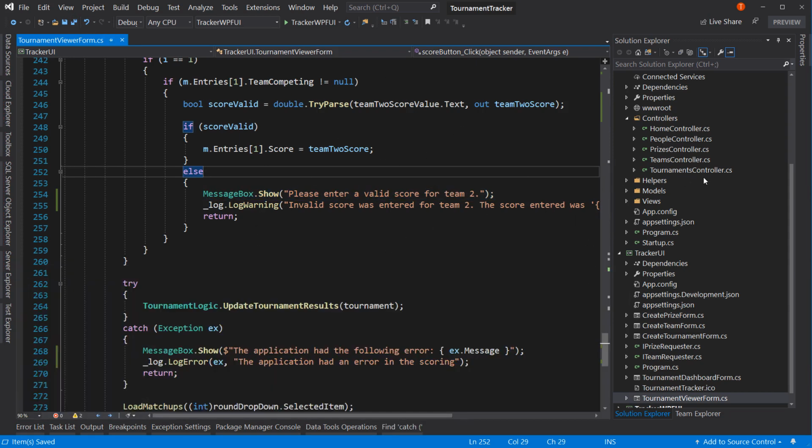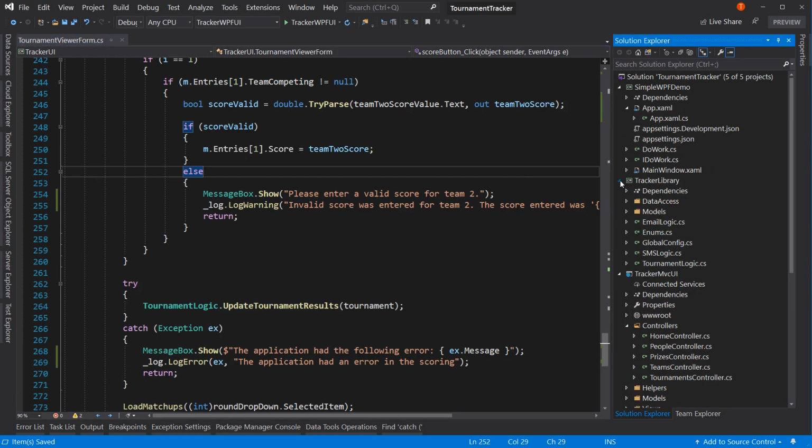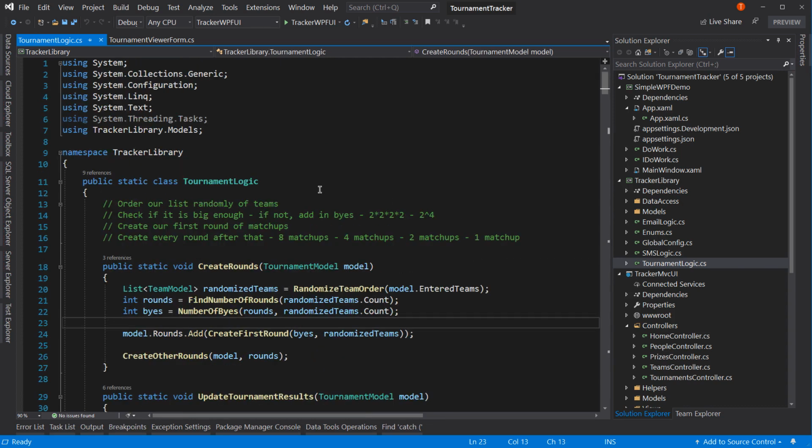I'm going to move over to the library. I want to highlight this. Let's go into the tournament logic. Actually, that's not the greatest of places to go yet because it's static. I'm not going to go there. We're going to